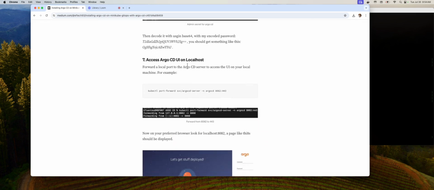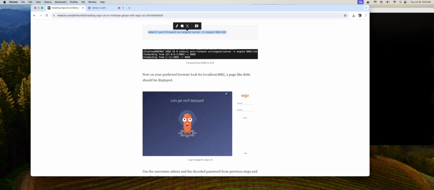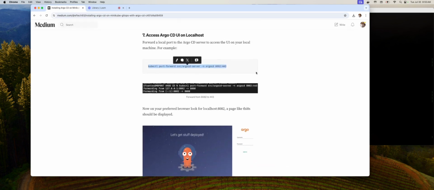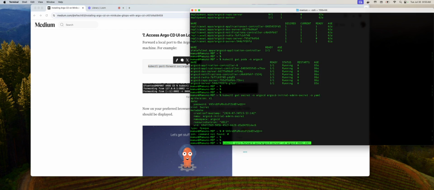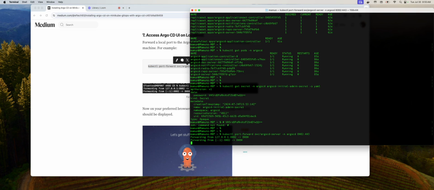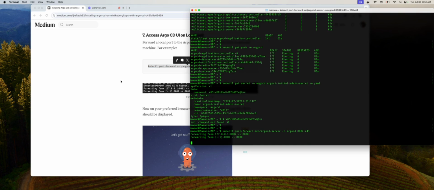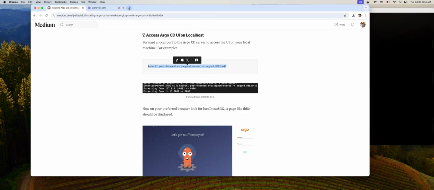To get access from your localhost, we can port forward. So what we are doing here is port forwarding to port 8082 on our localhost from 443, or is it the other way around? Yeah, from 443 on this service that's running on the Minikube. So we're going to port forward. And now if you go to localhost 8082,